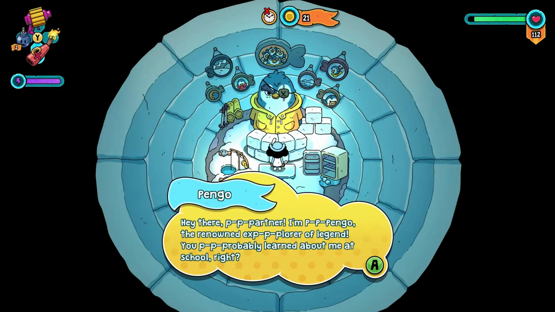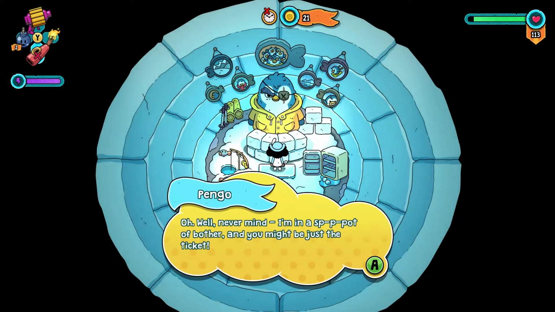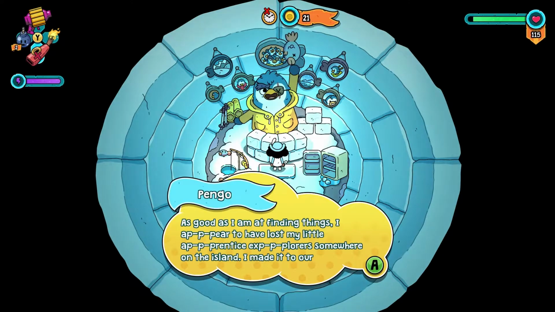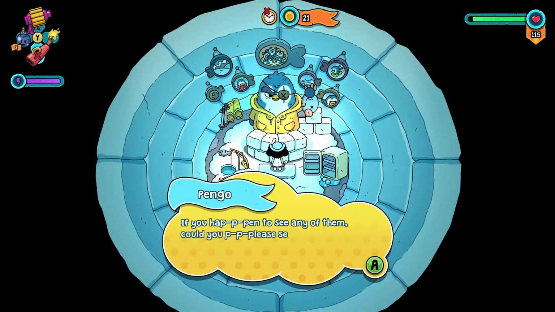Hey there, partner. I am Pengo, the renowned explorer of legend. You probably learned about me at school, right? Oh well, never mind. I'm in a spot of bother, and you might just be the ticket. As good as I am at finding things, I appear to have lost my little apprentice explorer. Sorry, the broken P's is making it harder to read. Somewhere on the island. I made it to our destination, but the little Pegwars aren't here. If you happen to see any...